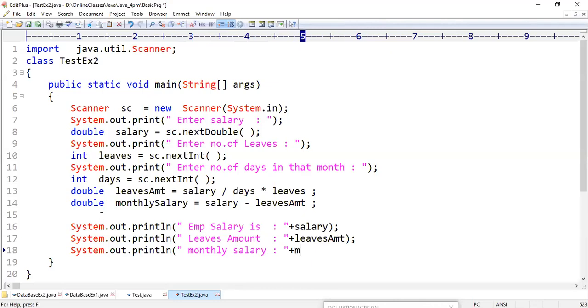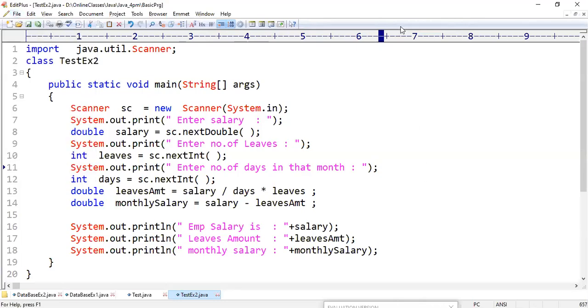How much monthly salary are you going to get that month? Because of leaves, some amount is deducted and the remaining amount you are going to get as monthly salary, right?